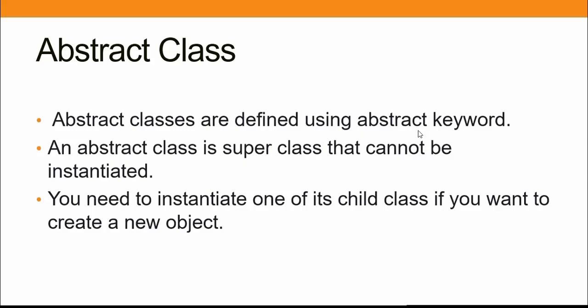So the same thing we are going to do here with the help of an abstract class. Methods can be accessed from the parent class to the child class in inheritance, but if the parent class has the method declared as abstract, that portion of the method cannot be instantiated to the child class. I hope you understand what I mean. If I explain it with programming, I'm sure you will be able to understand. Then in case you want to instantiate one of its child classes, you want to create a new object,